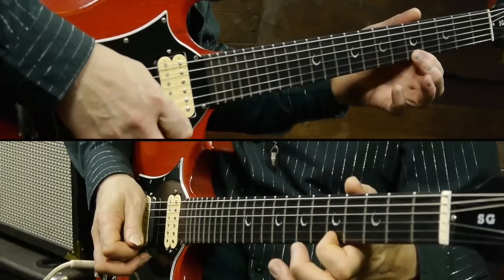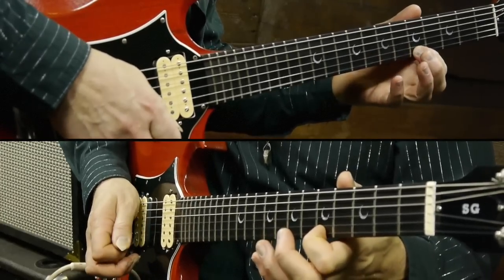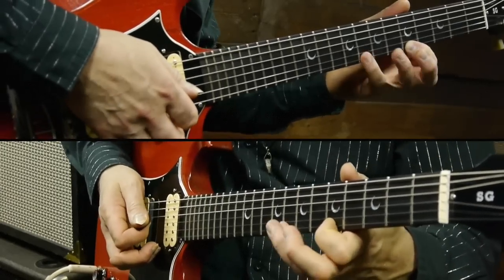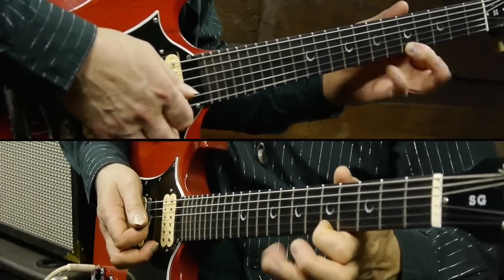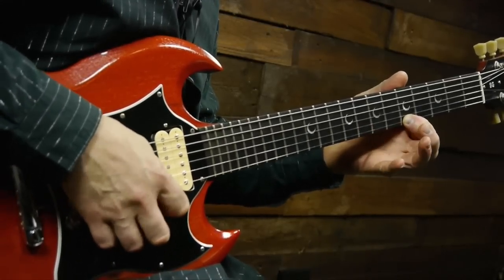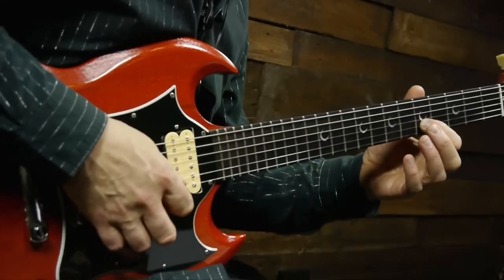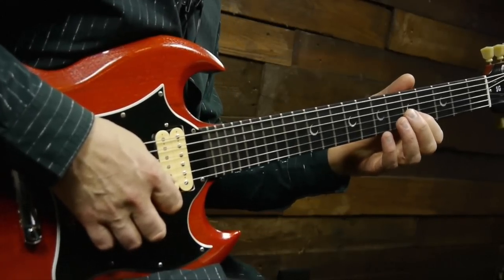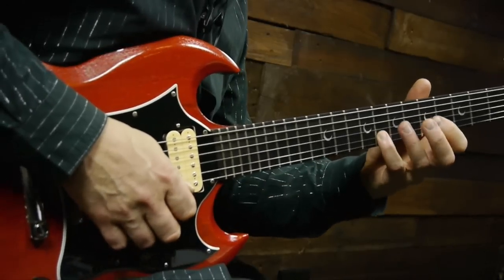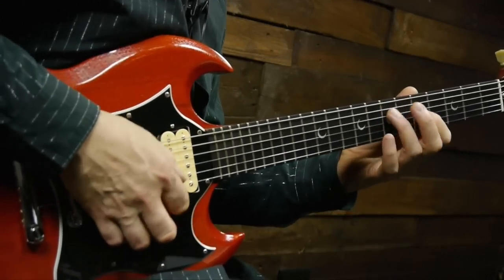So it's a pick, hammer, pull off, then pick. Pick, hammer, pull off, pick, hammer, pull off, right? When you pull off, you're just using the fleshy edge of your finger to let the string ring out. So it goes, then you start on the 5th fret, 2nd string, and do the same movement again, except, you know, when you're on the 1st string, you went like this, you went, and you ended on the 8th fret,